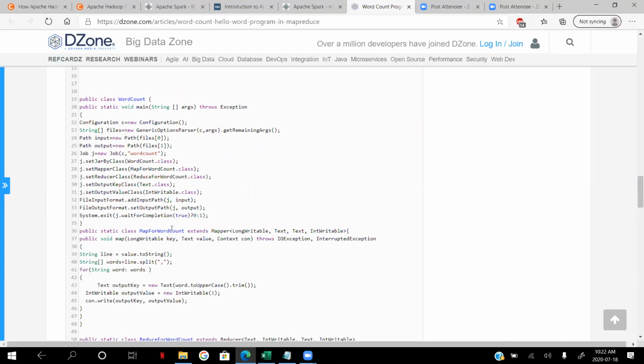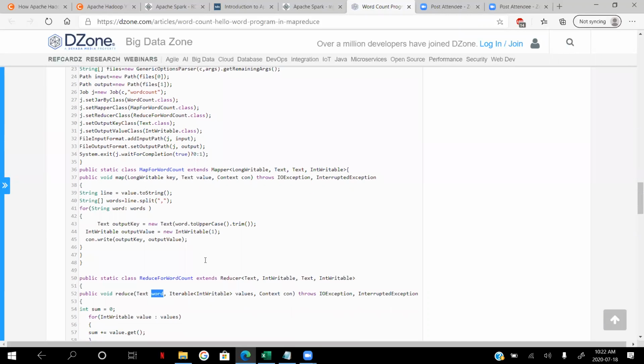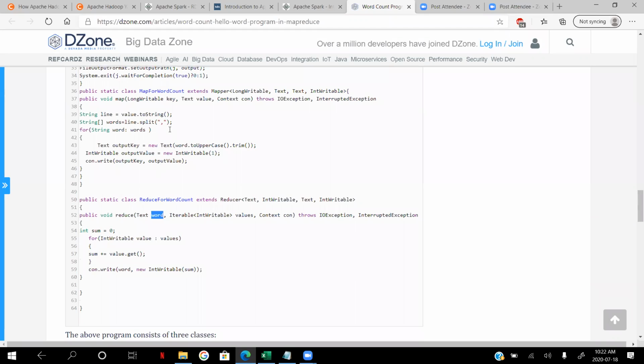In the map part of it, you don't care about the hash value of the key that you're getting. You only care about the text value. You're going to split the line into multiple words and set 1, because this word is found once in that line. It really doesn't matter; you can just set 1, 1, 1, 1. In the reduce stage, for that single key, you get all the iterable values for that key, and then you iterate through them, add them all up into a sum, and write the sum.